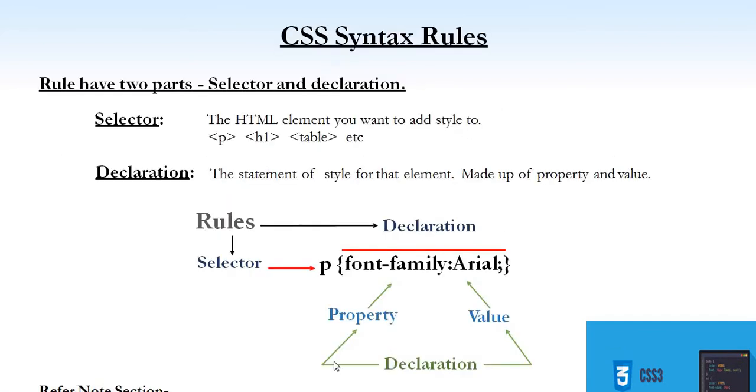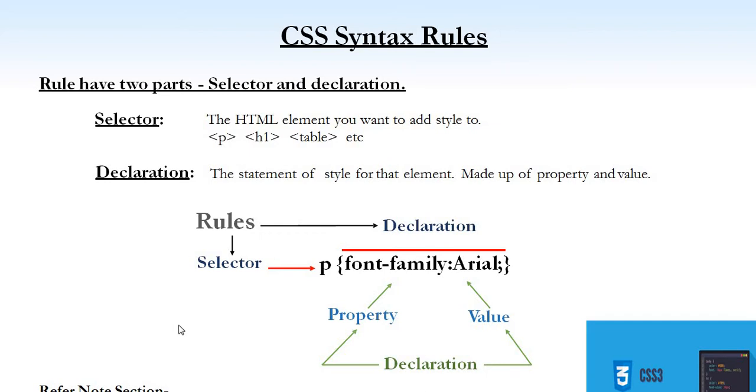Next, it is the example of CSS, showing how to use CSS in your HTML file. See, here we use a rule, and a rule consists of 2 parts. One is your selector, or you can say your name of tag, and the other is the declaration. Declaration means the style for that particular element.